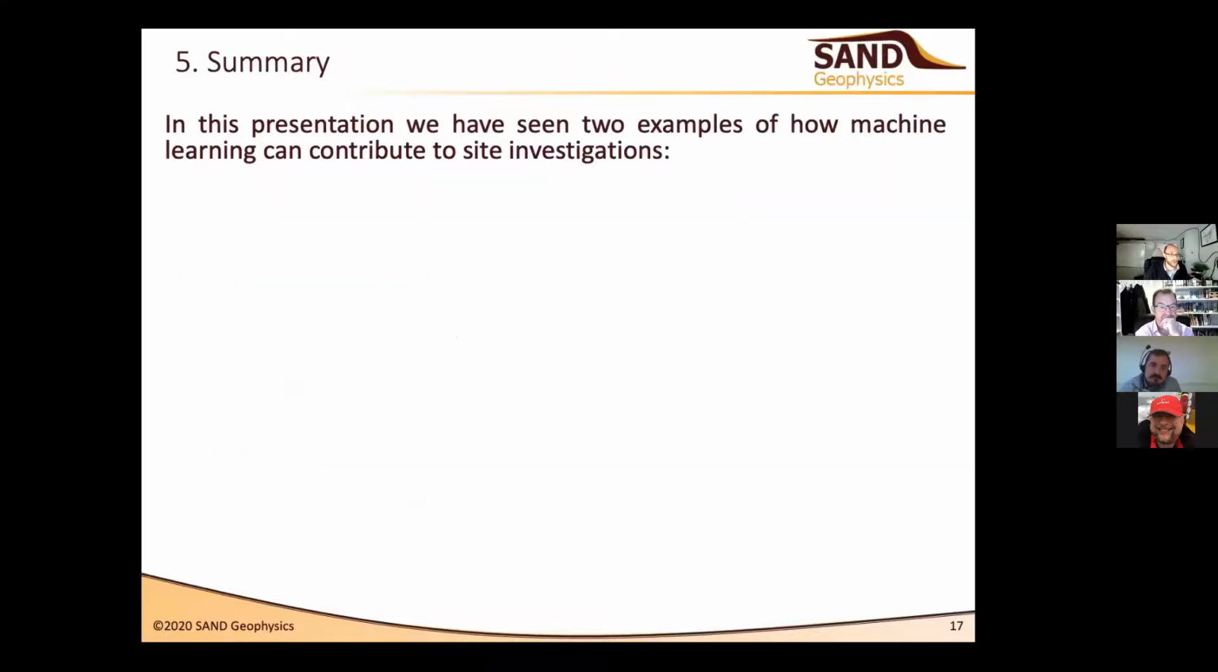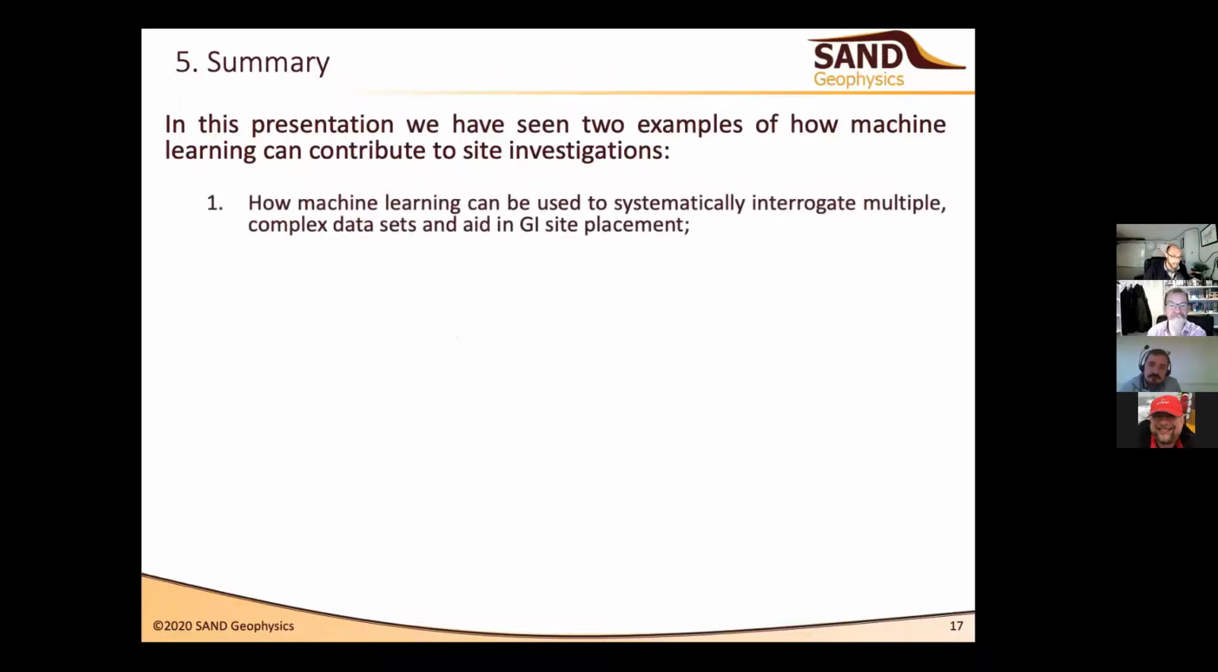So just to wrap this up very quickly and summarize so we can get on with the questions, what I've shown are two examples of how machine learning, I think, can contribute to site investigations. We've shown how you can use it to systematically interrogate multiple data sets and provide some aid or guidance in where you might want to think about putting your GI locations to help capture the global background physical property variations,